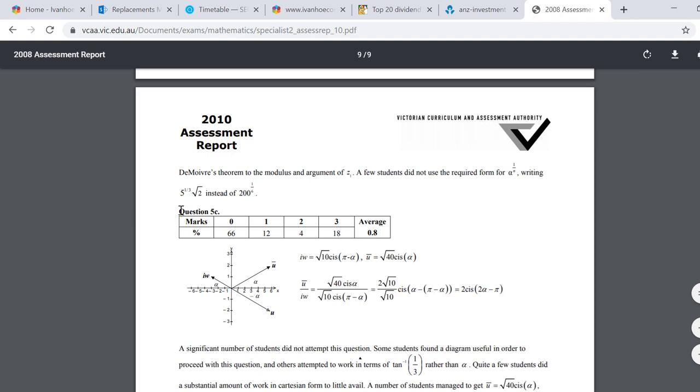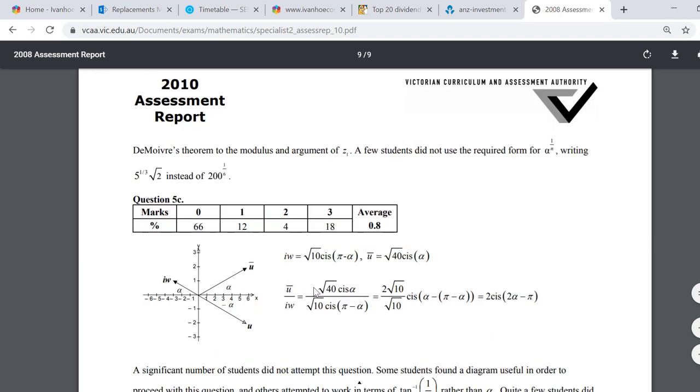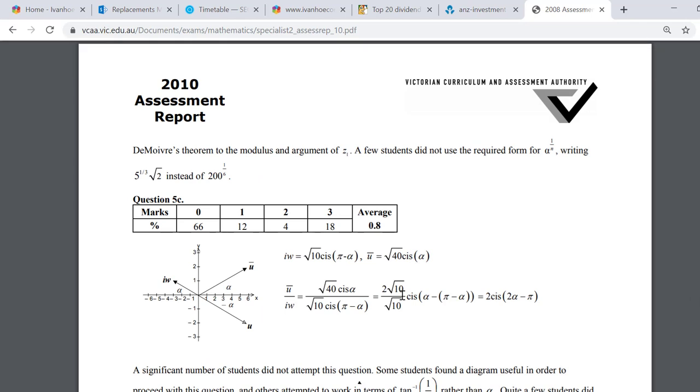Okay, so as you can see, look at that, an average of 0.8. It was a show that question, which means that we were actually given the answer and we had to show that. So you can see there that, as I was saying, if you can understand from looking at it